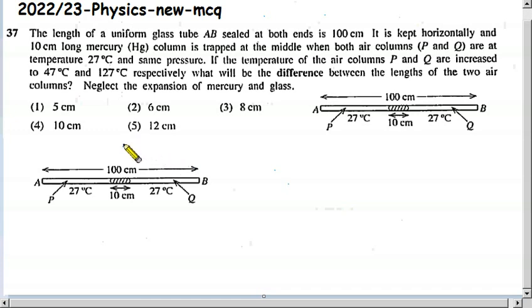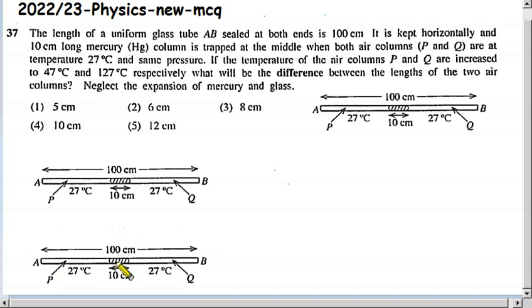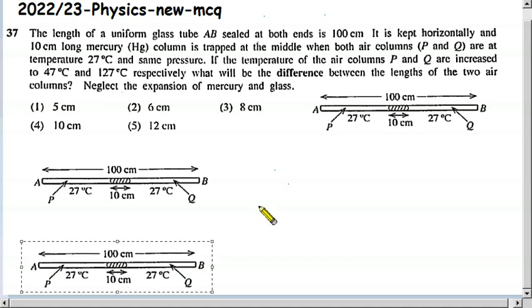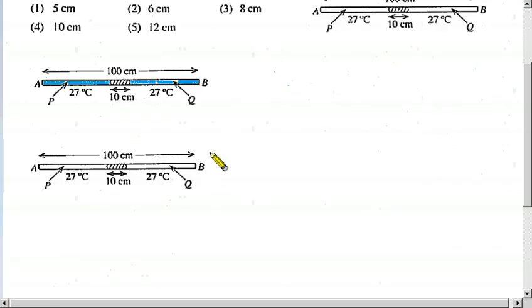So let us draw the diagram so that we can solve it. So there are two incidents. So the first one is given in the question. So I use blue color to show the gas column, air column,